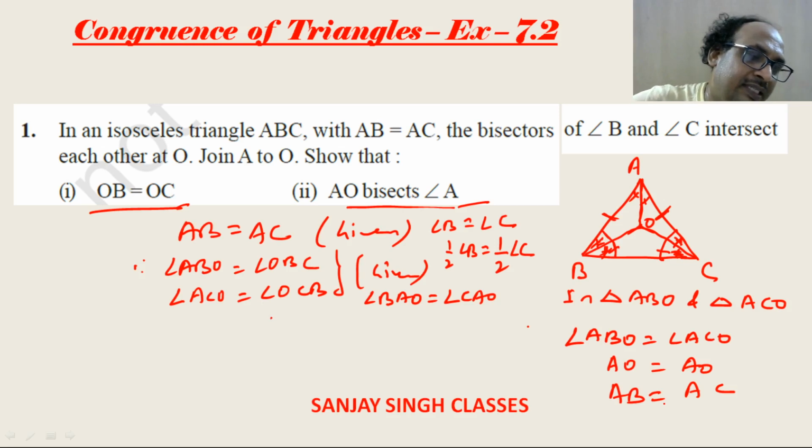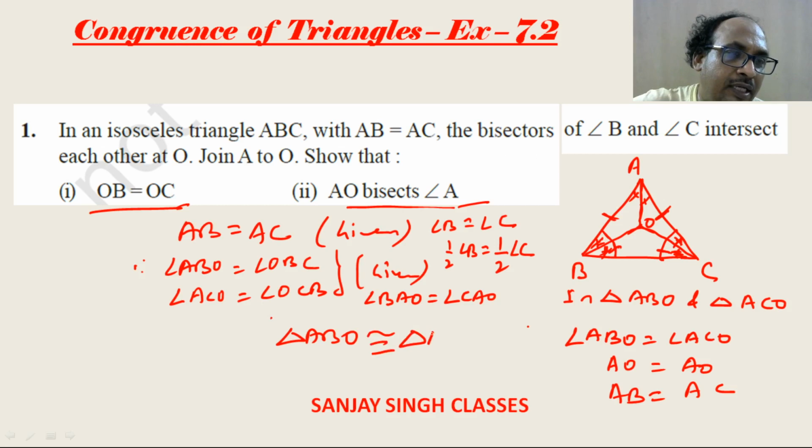We can take it as side angle side, because we need to prove OB is equal to OC, but compulsorily it will be equal only. Okay, so then we can prove triangle ABO is congruent to triangle ACO by utilizing the concept of